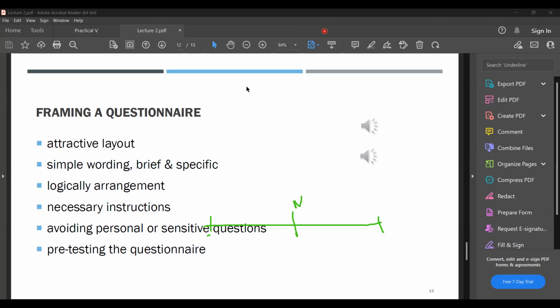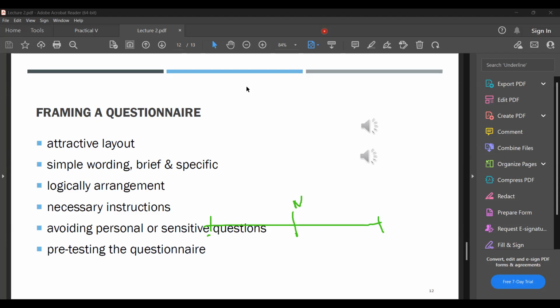If you are going to distribute your questionnaire to academics, or people familiar with statistical terms, it's okay to use statistical terms. But for the general public, if you distribute your questionnaire to individuals who don't have any idea about statistics or any other field,